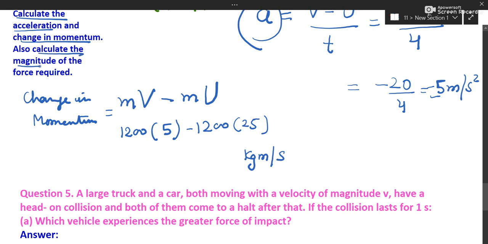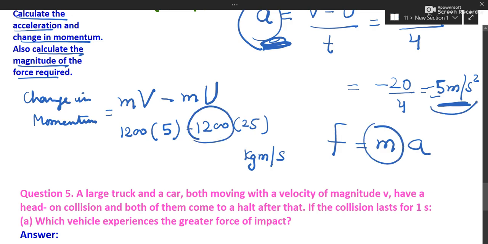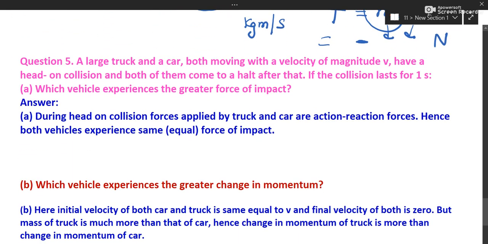And you have to tell the force also. Because you are ready with acceleration already, this is your acceleration. So force can be found as m into a. You have m 1200 kg, correct? You can substitute here and this is your acceleration. You can put it with negative sign. There is no problem. Force will come negative. That is okay. And report in newtons. Put m and put a with negative sign. Getting to the next question.